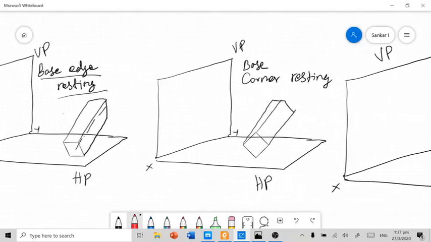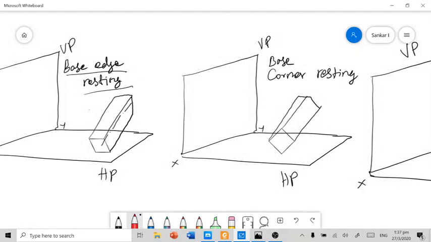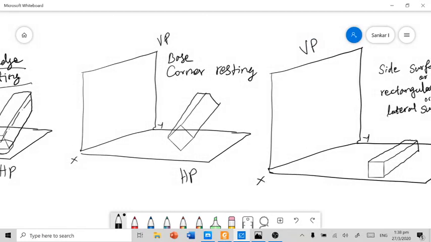And the next one is the base corner resting case. Instead of resting on HP by its base edge as in the previous case, here the solid is resting on HP by means of its base corner.